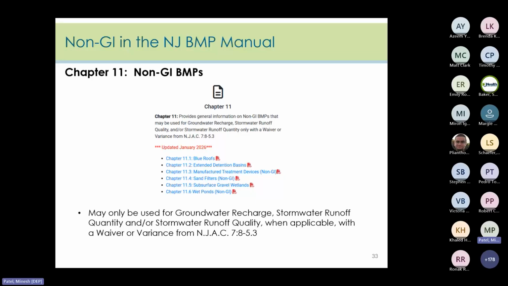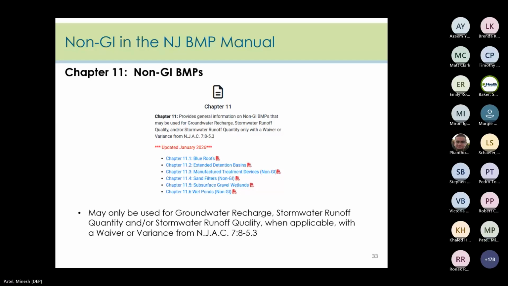BMPs in Chapter 11 are non-GI, and they always require a waiver or variance before they can be used. It's not anticipated that these BMPs will be used much in the future because of what is required in order to grant a waiver or approve a variance, but as for some of the BMPs that are noted on this